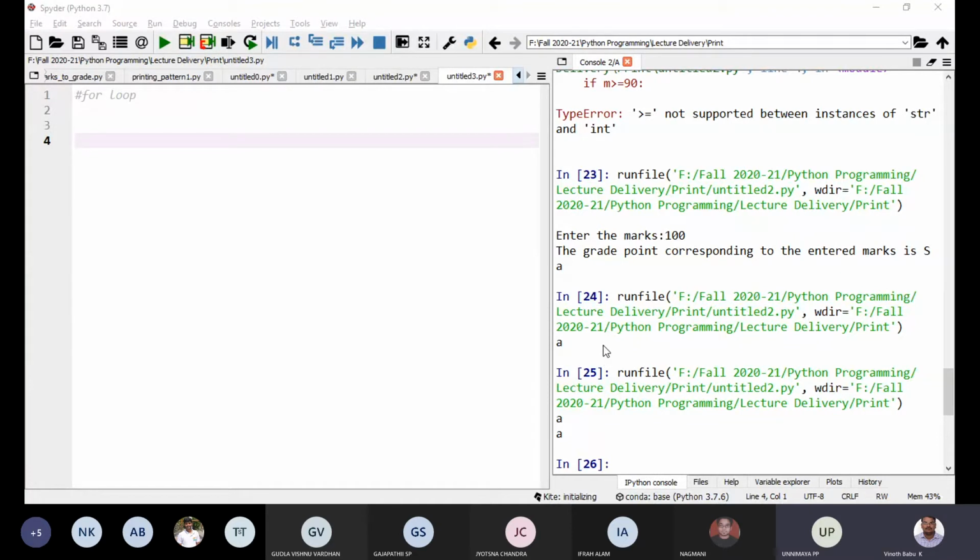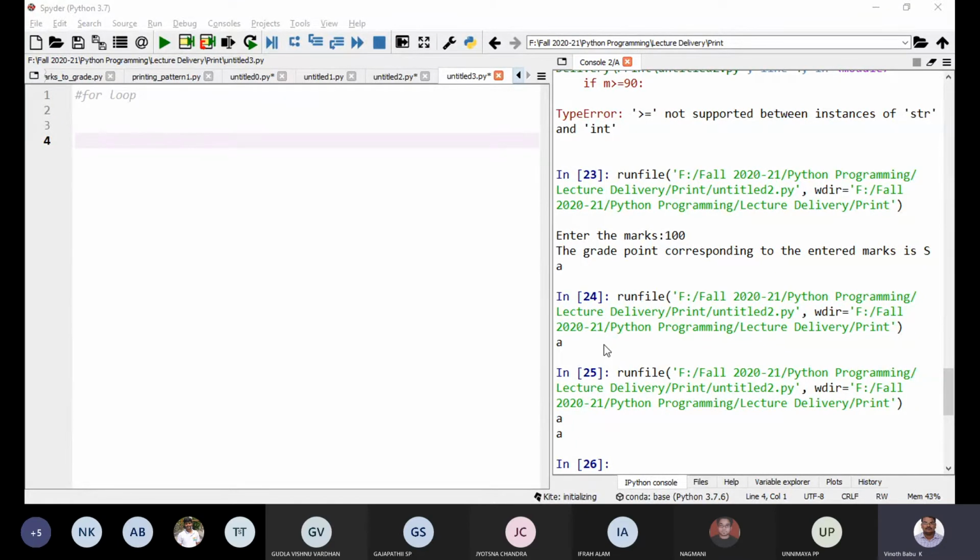So can I correct your answer? Suppose I want to repeat this for 20 times. I know it should be done for a certain number of times. If that is the case, you can prefer for loop.